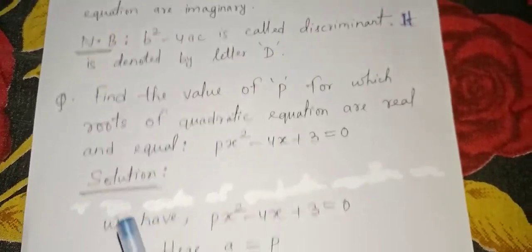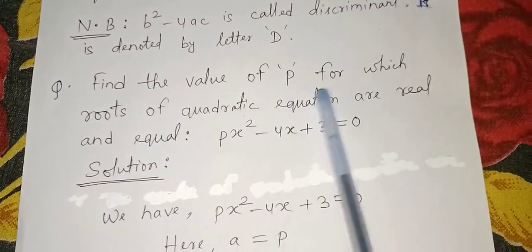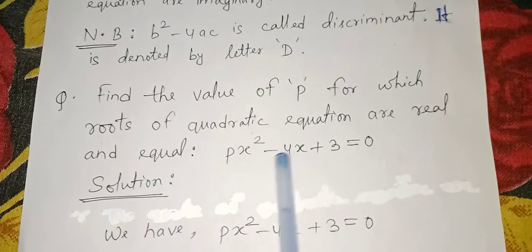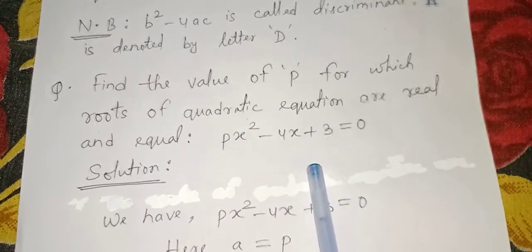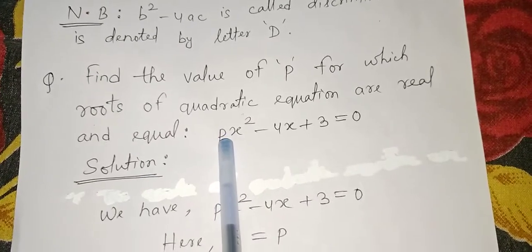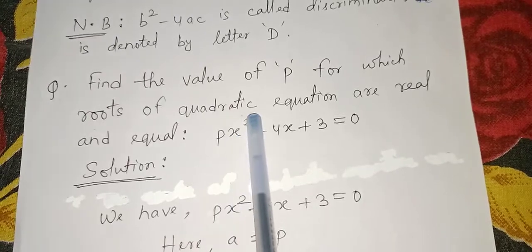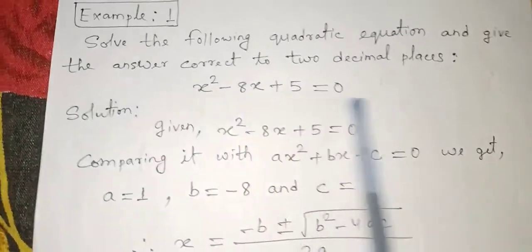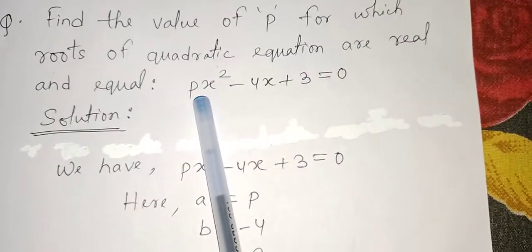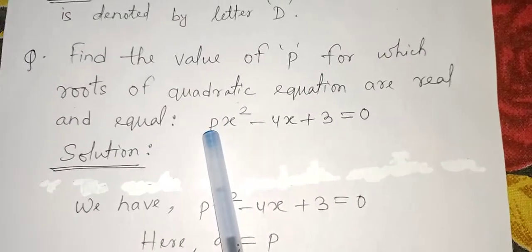Okay, now one question we have regarding this using this formula, like find the value of p for which roots of quadratic equation are real and equal. So they are saying the roots of this quadratic equation are real and equal. Then find the value of p. Find the value of p means here the variable x square, the front number is p. Normally the front number in this quadratic equation is 1. It is known to us. So we write a equal to 1. So here the place of a has been taken by p and it is unknown to us. So you have to find the value of p.